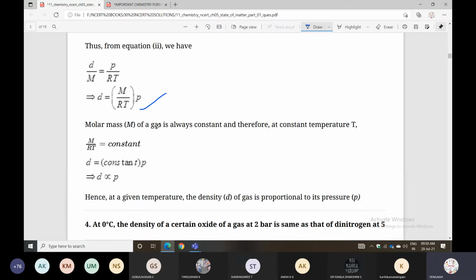This is a constant amount. Whatever is in that bracket is completely constant, so you can remove the constant and it becomes directly proportional. Otherwise, you can remove the proportionality and write a constant. Anyway, it is the same; the replacement is with the help of a constant. Okay? Clear, students? Third question.